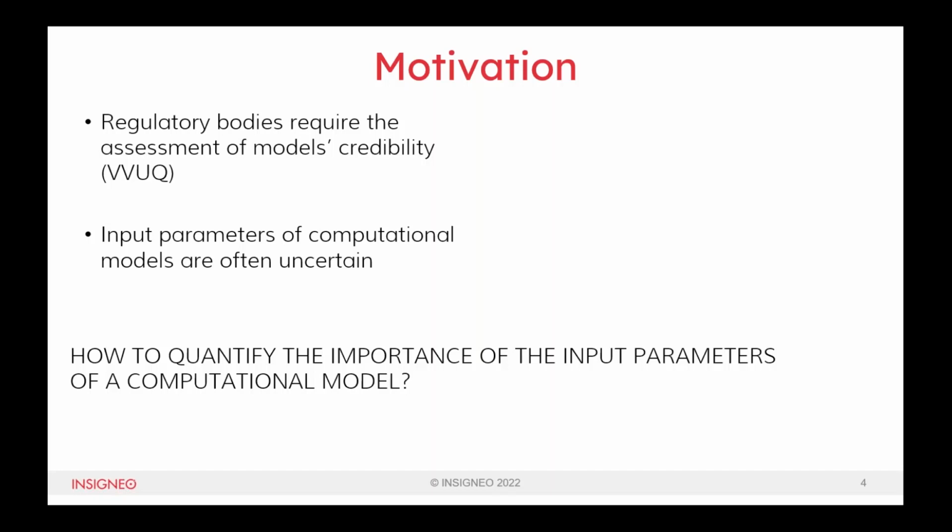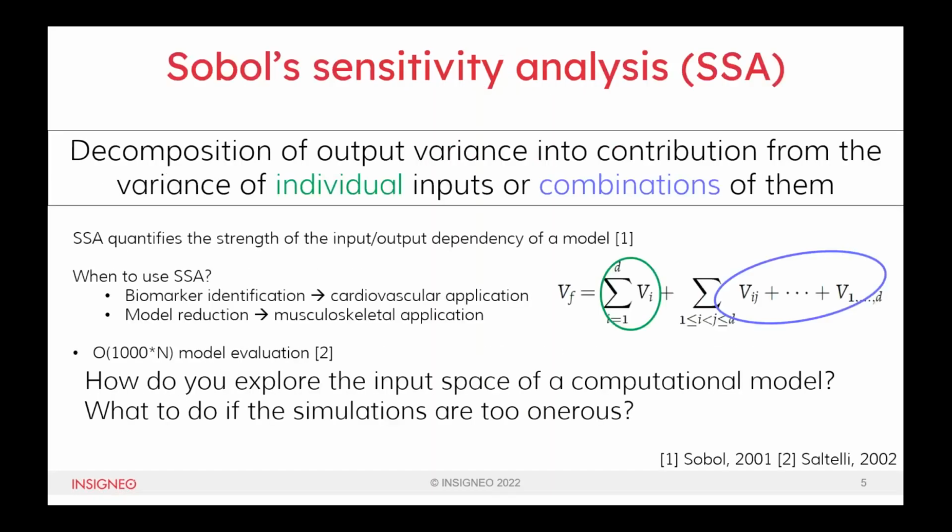The very important question is, how can we quantify the importance of the input parameters? And there are a variety of techniques for doing this, and the one I will be briefly talking about today